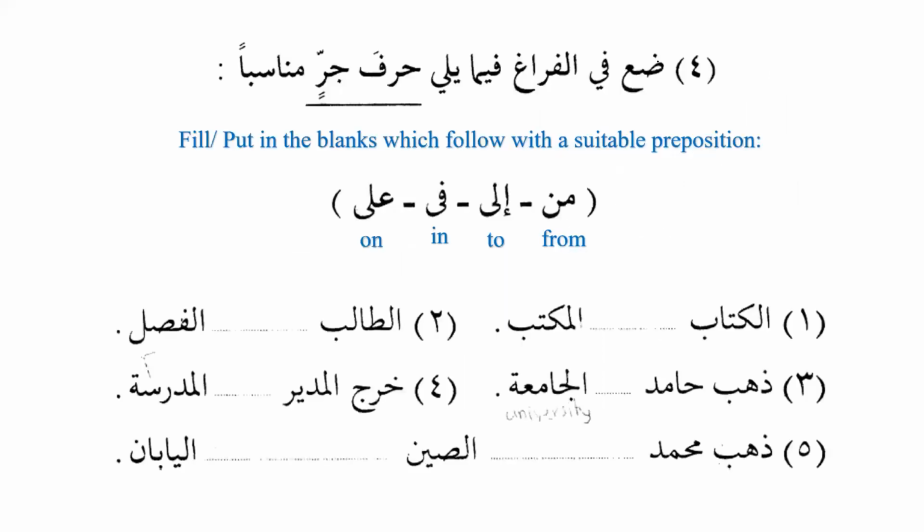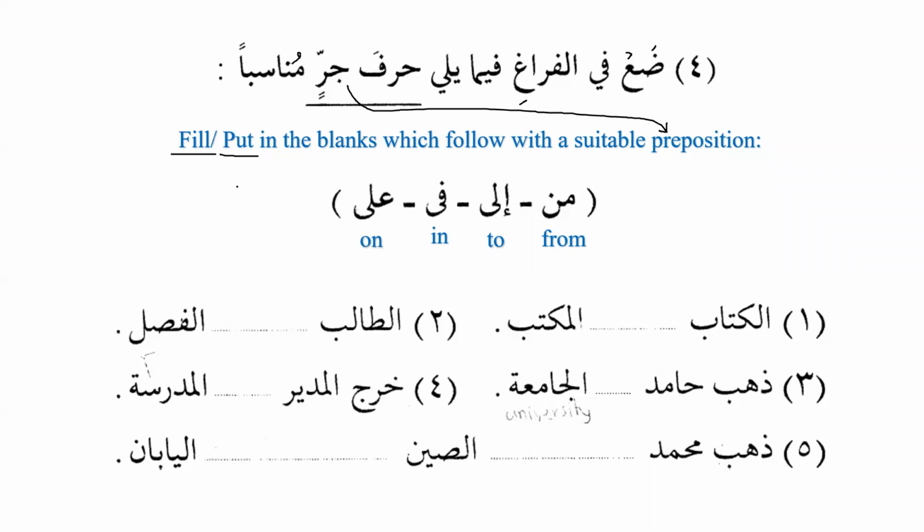Da means put. This is imperative. What is this? Imperative. Da fil faraghi. Fill in the blanks. Fima yali harfa jarrin munasiban. Harfa jarrin means preposition. What does it mean? Preposition. So now, munasiban means suitable. Munasiban means suitable. So now we have to fill in the blanks. Da basically means put, but here the translation will be fill in the blanks, which follow